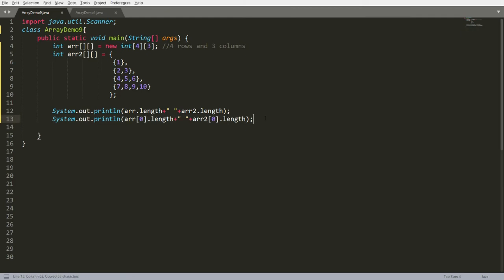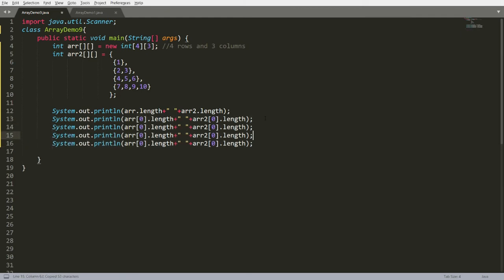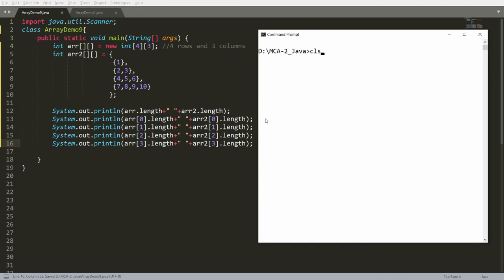Suppose you copy this and paste it over here, and print arr of 1, 2, and 3, and arr2 of 1, 2, and 3. See, there are two different arrays, but both arrays have a different number of columns.